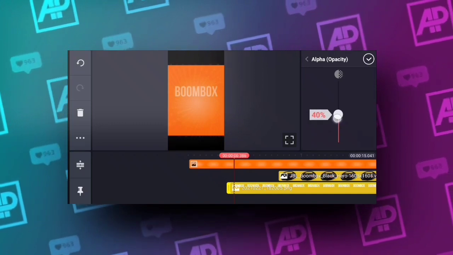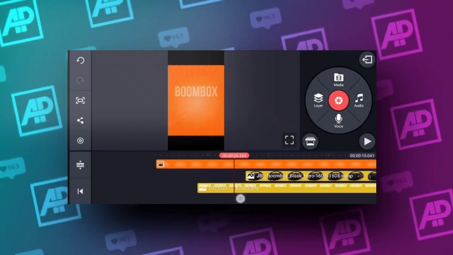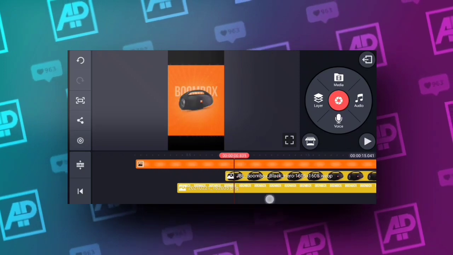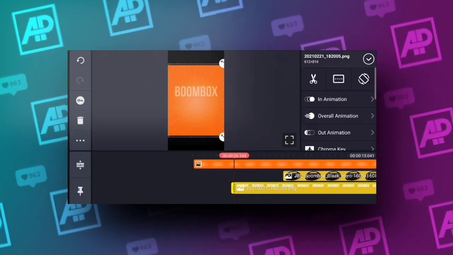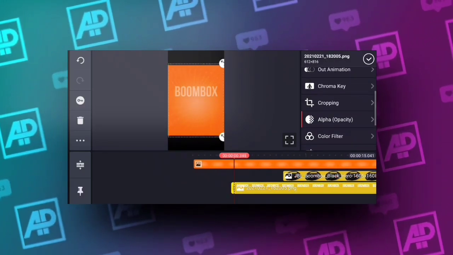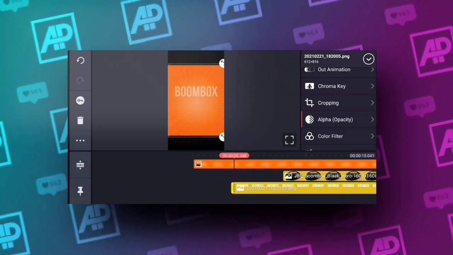and I'm going to be decreasing the opacity of the boombox text so it kind of matches with the background a little bit. It gets the orange color to it. I don't know why I'm doing that, but it looks cool and that's why I did it. So yeah,